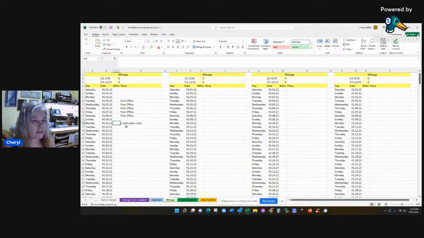So if you're just going out for a yard sale, what I generally do is take a photo of my odometer when I start, and then a photo of my odometer when I get home, and that way I can calculate the miles and put it in my spreadsheet. If I am running to thrift stores where I'm getting receipts, then I typically just do that